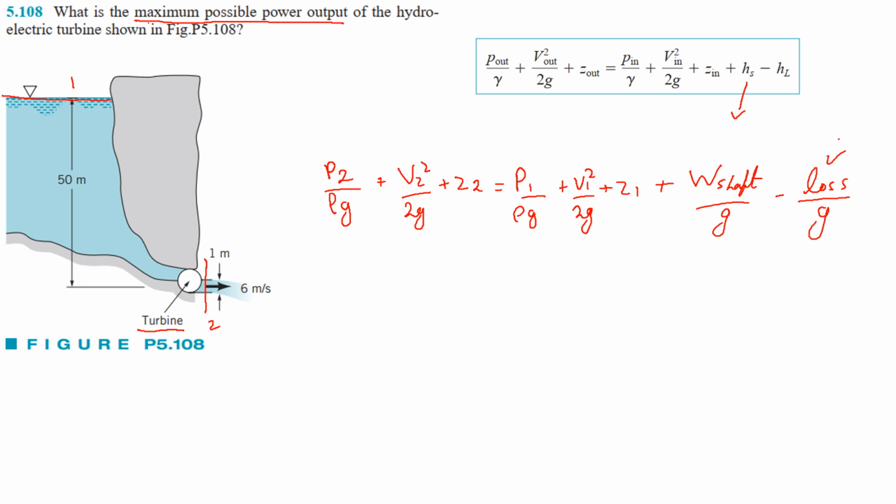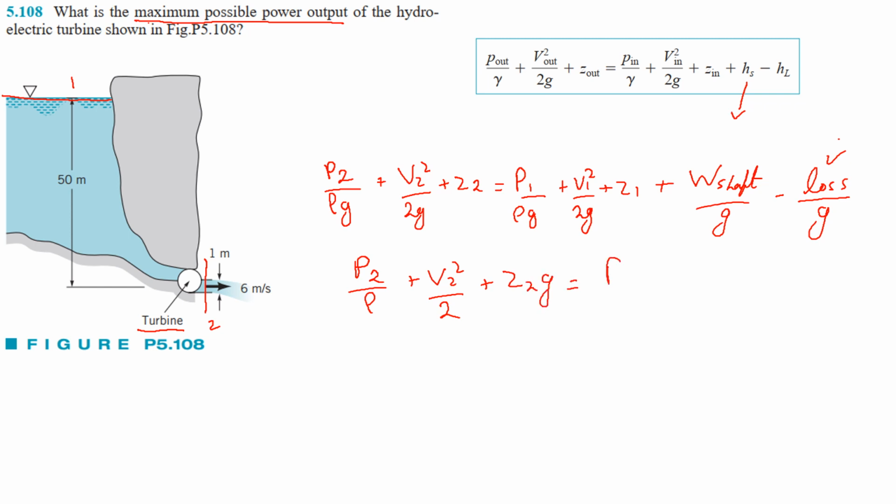What I need to do is to multiply both sides by gravitational acceleration, so I get my final governing equation for this scenario, that will be P2 over density plus V2 squared divided by 2 plus Z2 g,